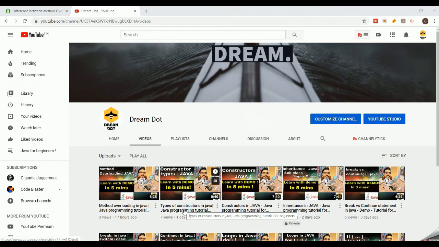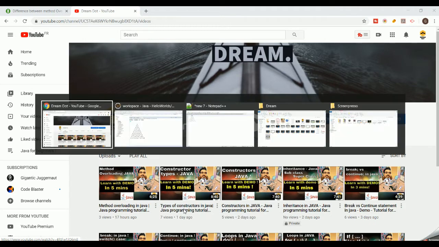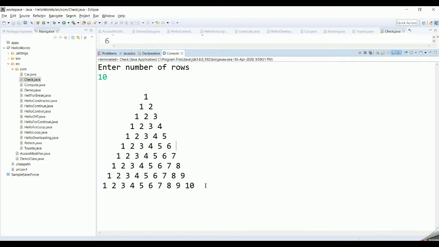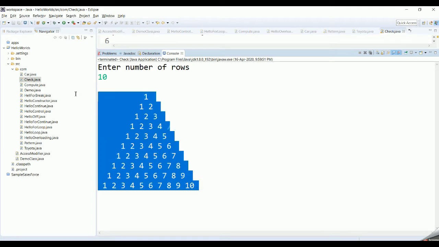So today we thought of taking the bottom-up approach, in the sense that rather than discussing the concept first and explaining a program, we thought of taking a program in the first place and explaining some concepts related to the program later. The program that we are going to consider today is going to give us an output of this format. This is what is called a number pyramid, and how can we frame this number pyramid in Java? Our ultimate end result is going to look something like this.